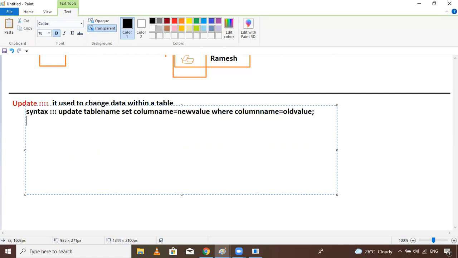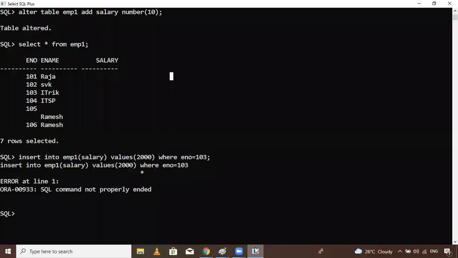Old value. So now here, passing the SQL. Suppose SQL, last example I want: SQL update EMP1 table name, set column like salary equals 2000, where ENO equals, what is the number of that?